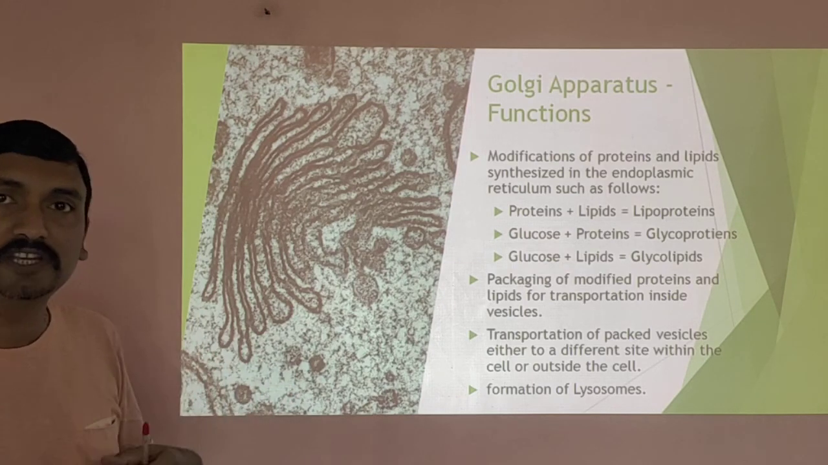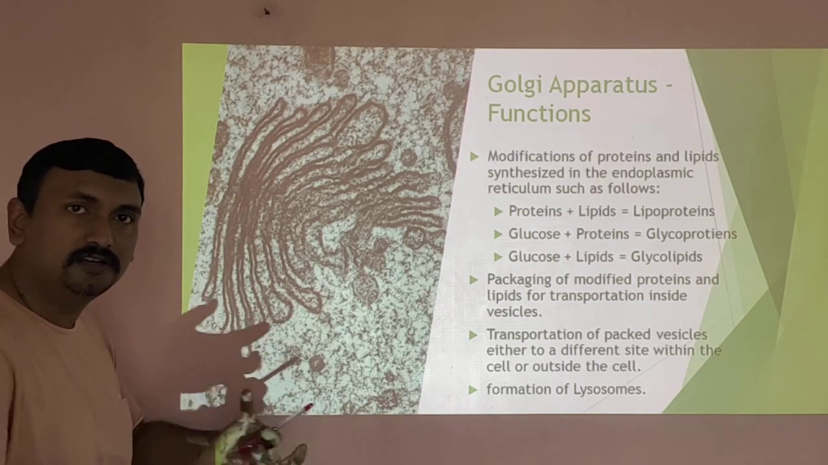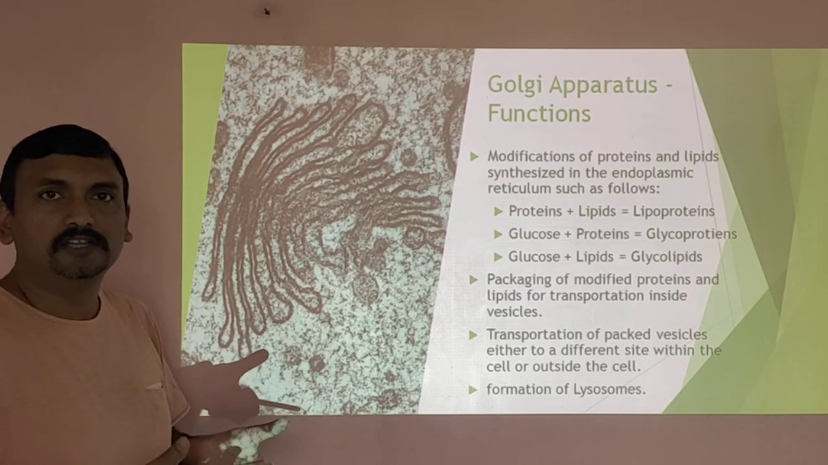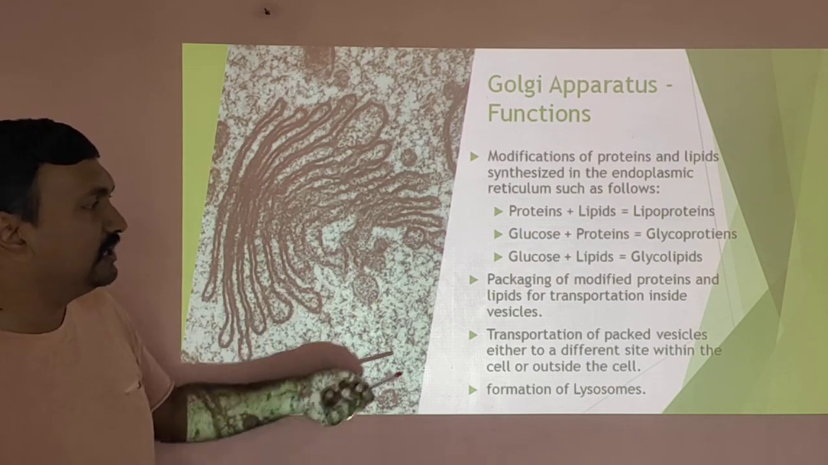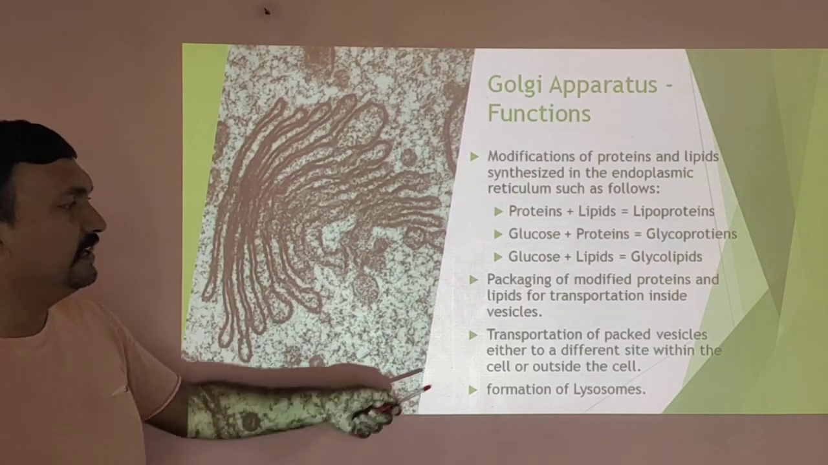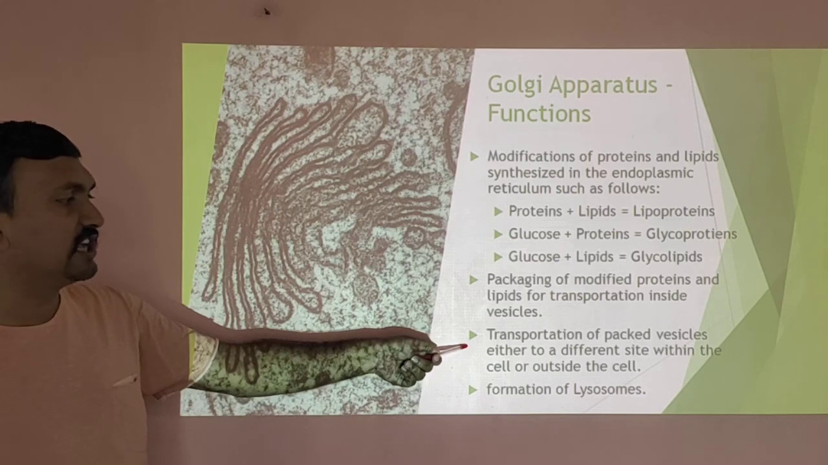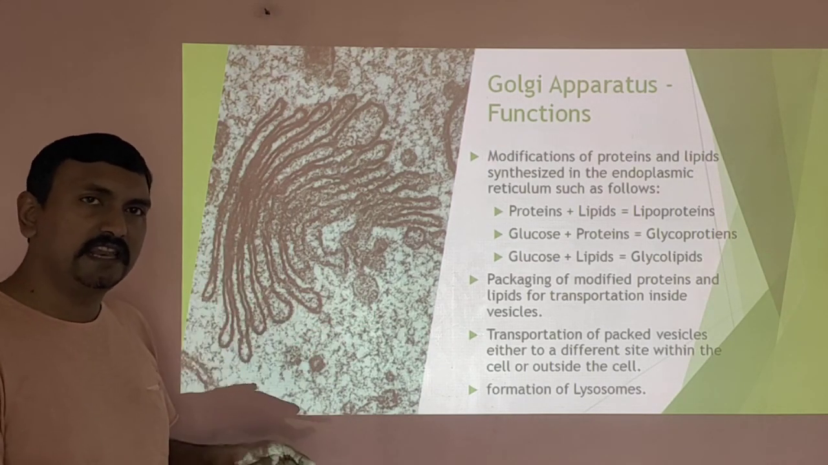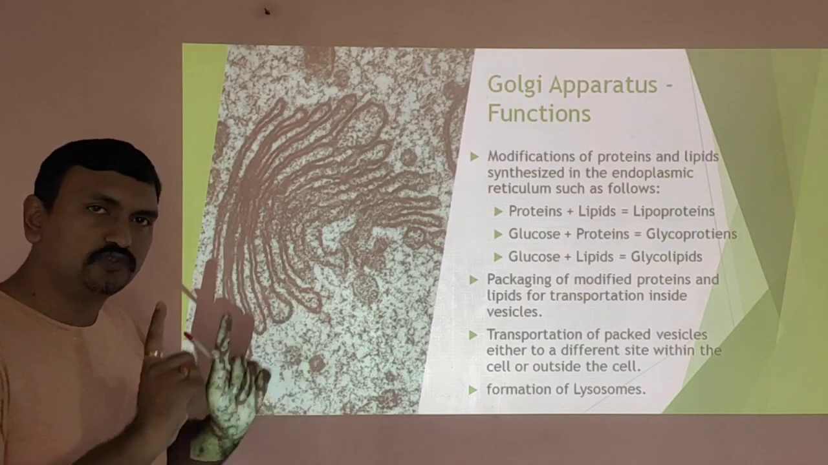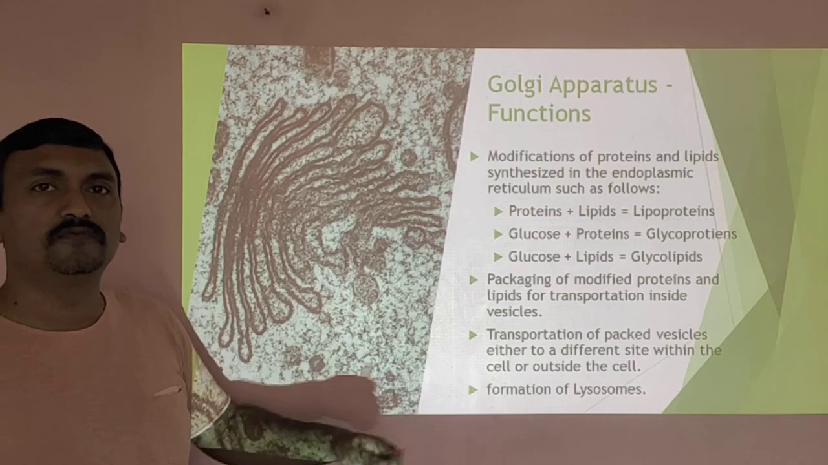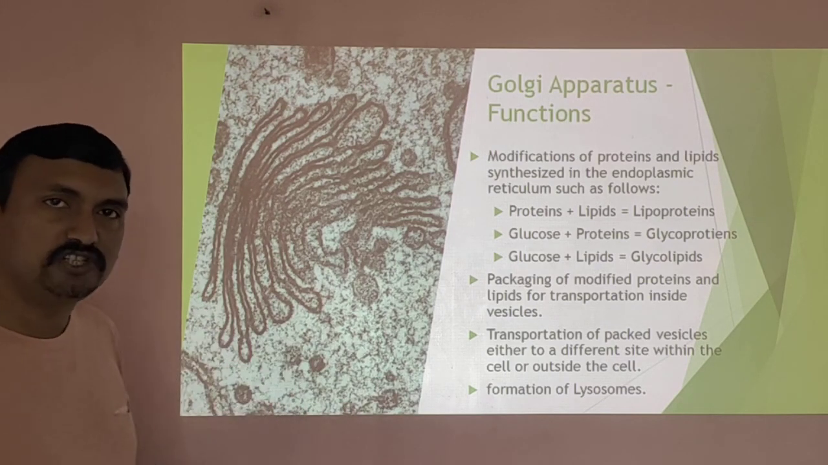Now when you send something to some place through a courier, do you send it naked? No. What do you do? You package it. You put it inside a box. So the packaging takes place inside those vesicles, and then those packed vesicles are transported either to a different site inside the cell, or they may be sent outside the cell. Another special function of Golgi apparatus is to form one more type of special organelle called